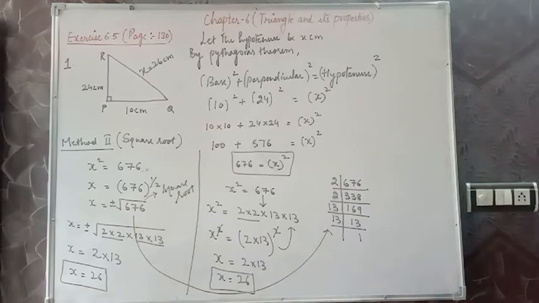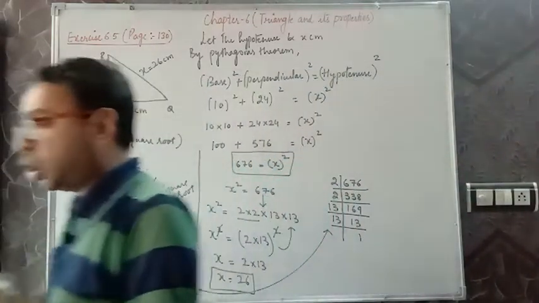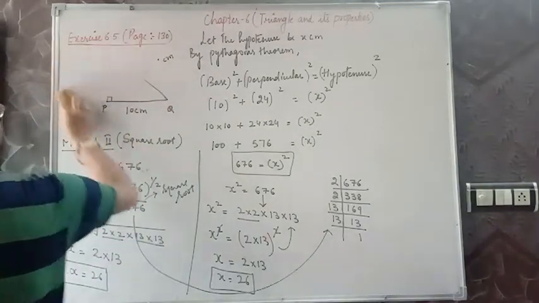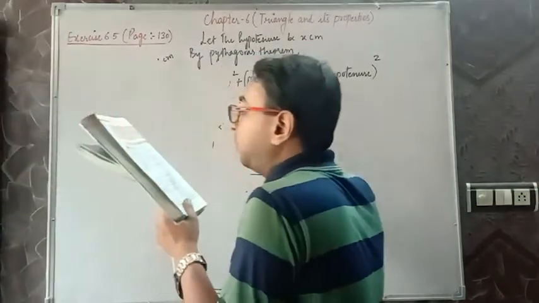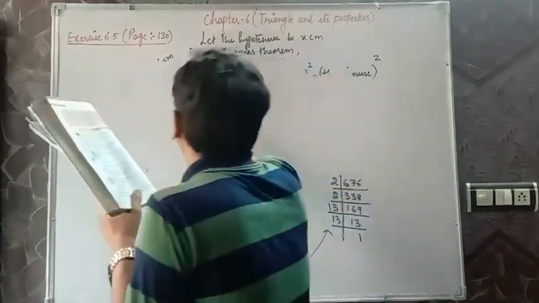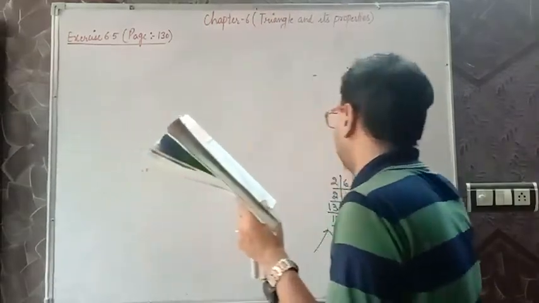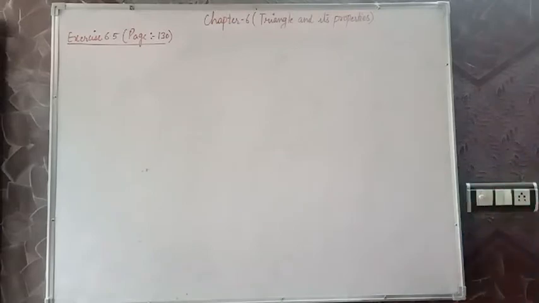Are we clear? Any doubt with this question? Question number 2. It's the same, solve it yourself please. Same question, solve it yourself. Question number 3: the ladder 15 meter long reached the window. I understand this is an important question. Very good application of Pythagoras theorem. This is what electricians who climb on poles make use of.